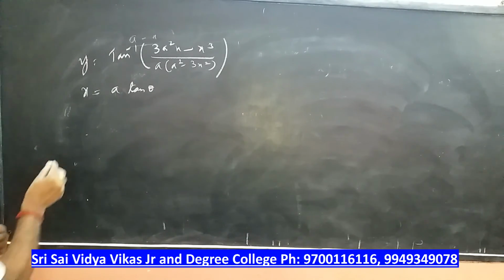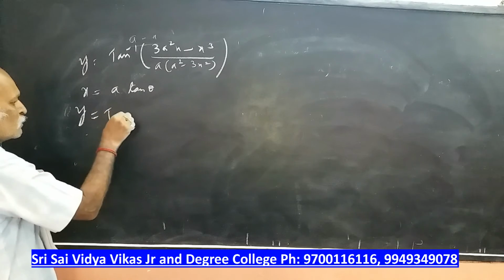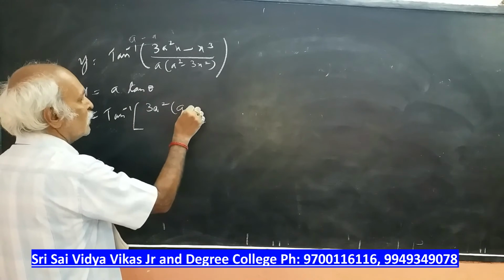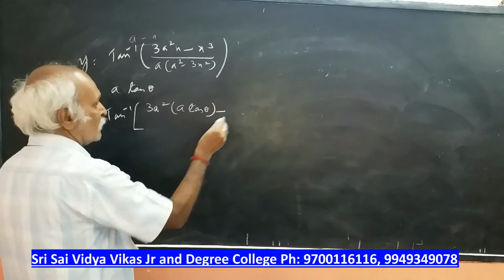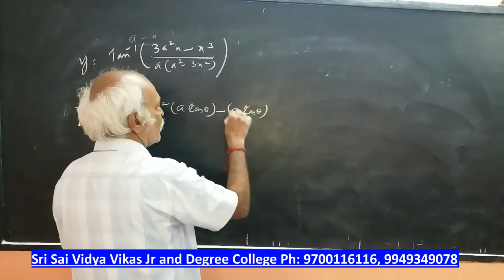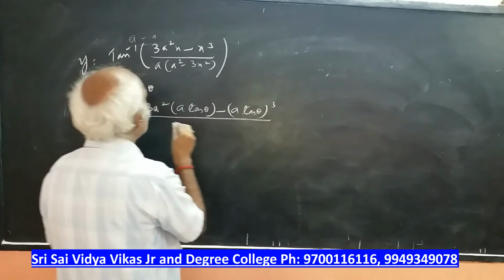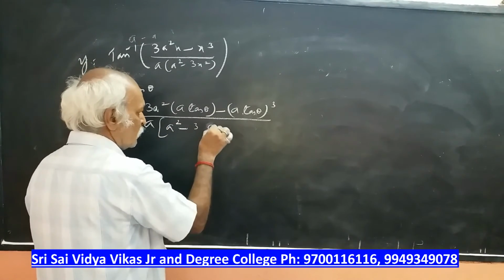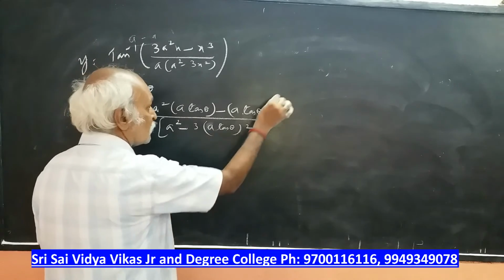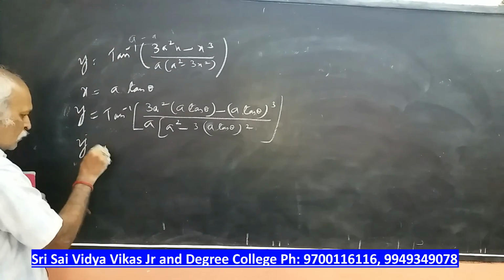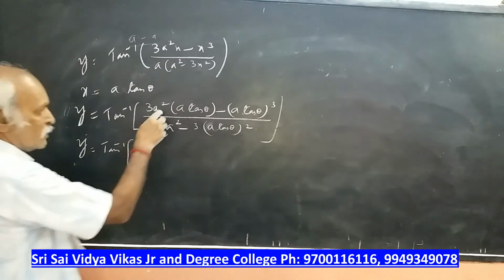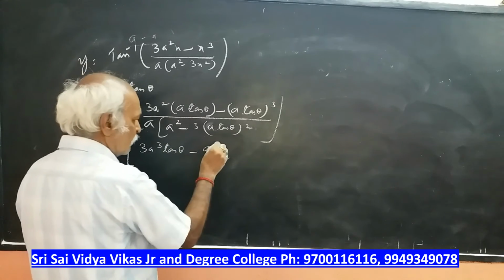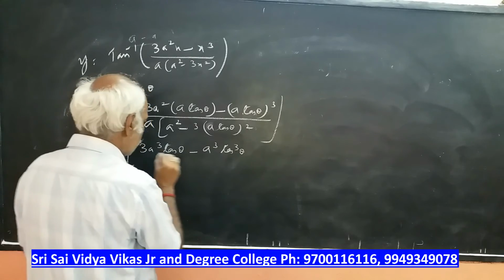Now please understand how I am doing this. y is equal to tan inverse of (3a square into a tan theta minus (a tan theta) whole cube) by a into (a square minus 3 into (a tan theta) whole square). Right, now y is tan inverse of this, because